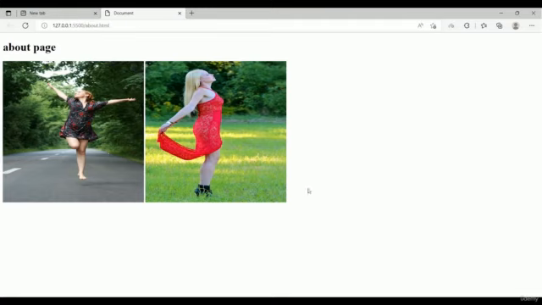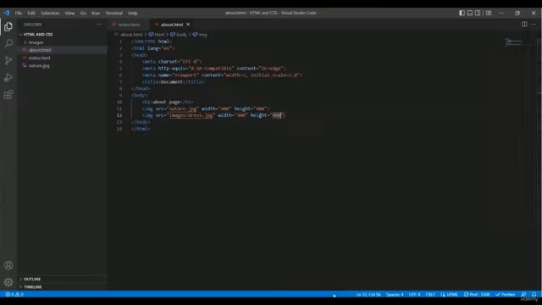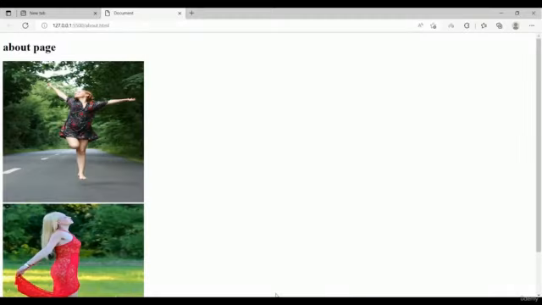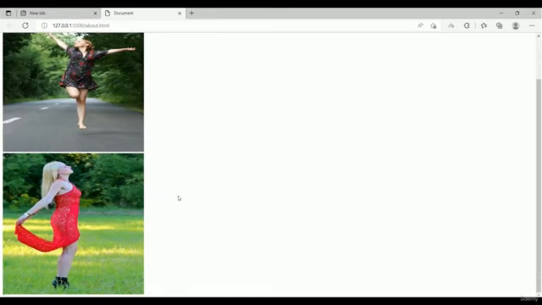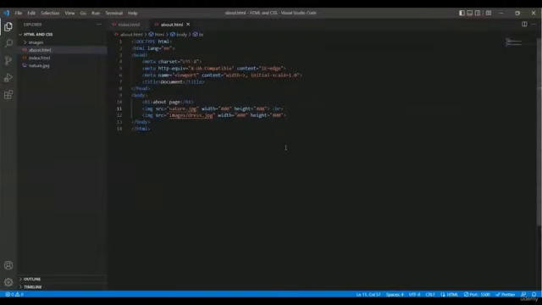But if you want to place this image after this one, likewise in a second line, you can do that very easily. You just have to add a line breaker in here. So as an example, I am using the line breaker tag and I'm saving this one, and now the image is placed under the first one. So this is how you will change the image size using the width and height attributes. Okay,